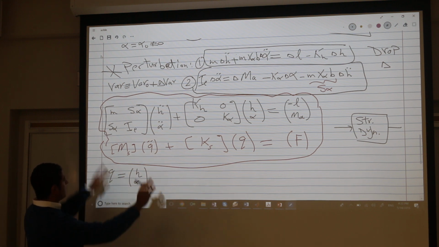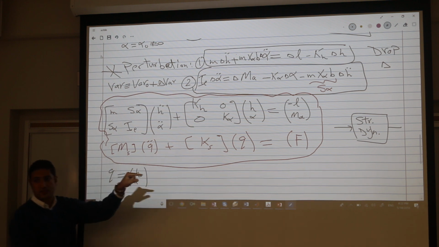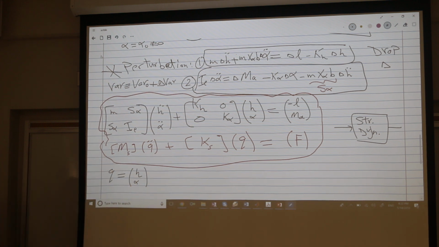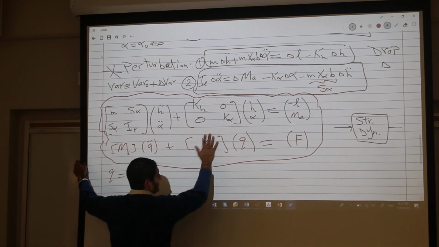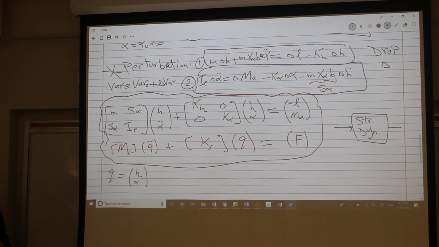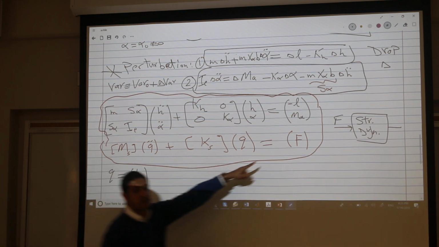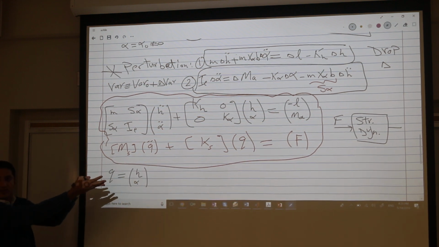So anyway, this is our governing equations of motion for the structural dynamics. Do you have any question about this? What is the input to this equation? The system parameters are given. These are parameters: mass and stiffness. What is the input and what's the output? What's the input? The forcing. Exactly. In a structure problem, you have the forces. You have the right hand side. Okay? And you solve this differential equation to get